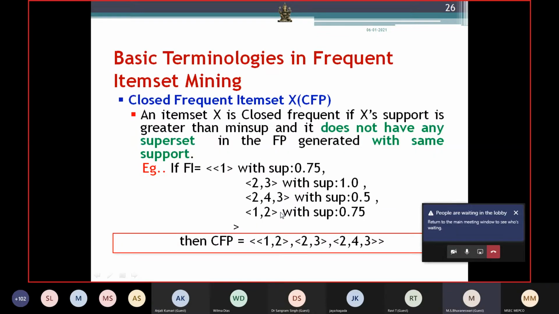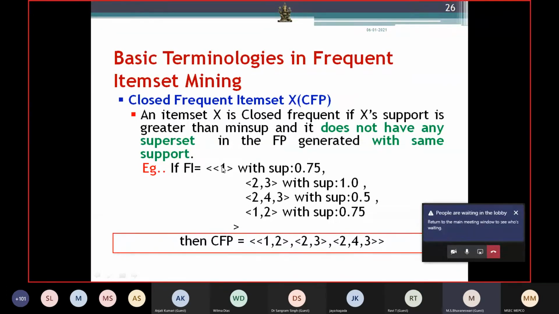The next one is the closed frequent item set. It is similar to the maximal frequent item set, but it also checks whether the support is the same. If the support is the same, then only the subset will be eliminated. For example, item 1 has support 0.75, and {1, 2} also has support 0.75. Here 1 has a superset {1, 2} with the same support, so I can remove 1.